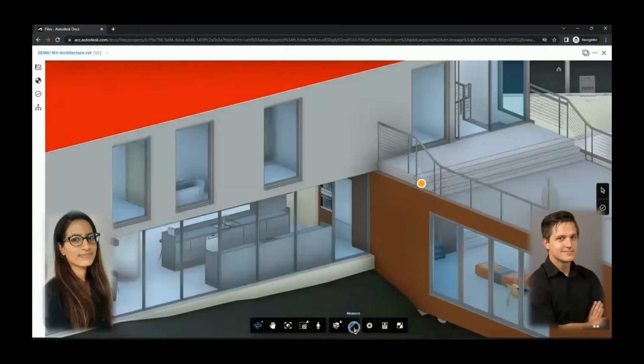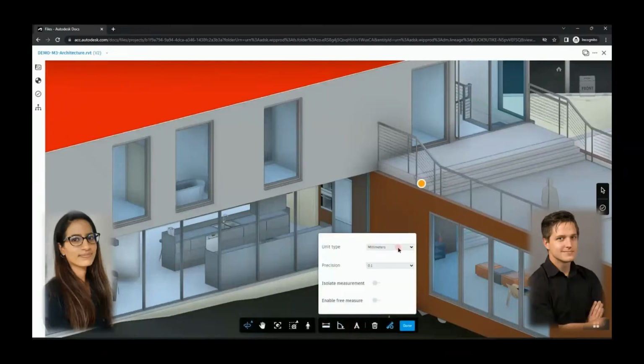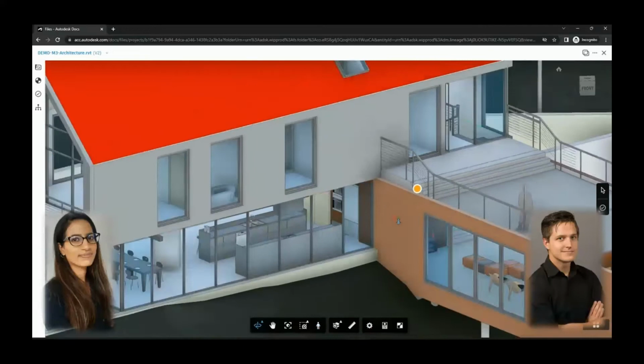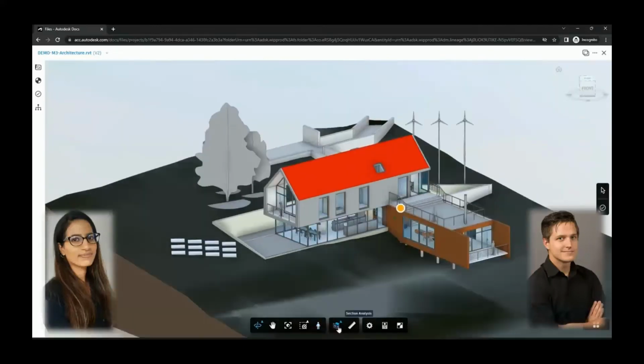Now, if I'm looking at my model and I want to check the units that have been used here, I can click on my ruler. Let's go measure a window. Okay, so we can see that that's in millimeters, and that's also in millimeters. So, okay, cool. I'm using the correct units here. So that's awesome. Now, if we zoom out,